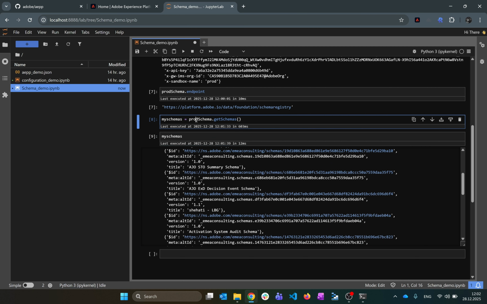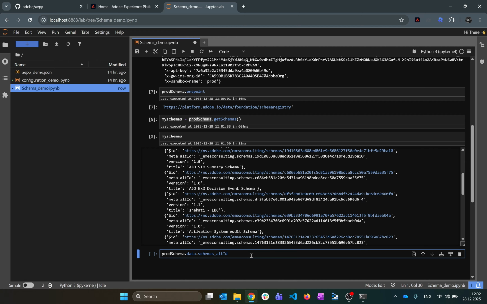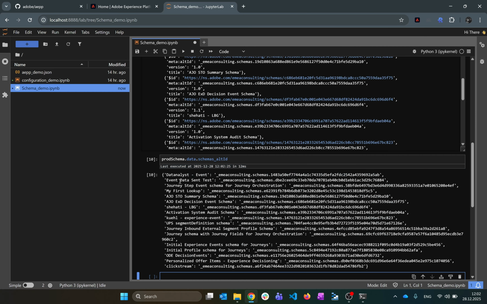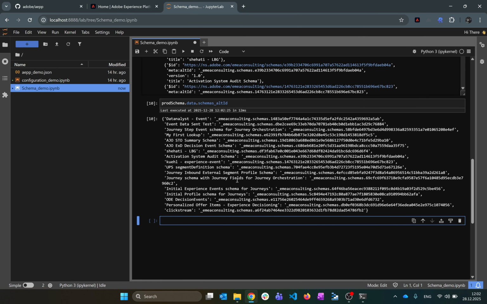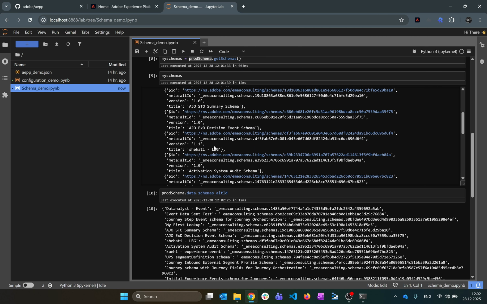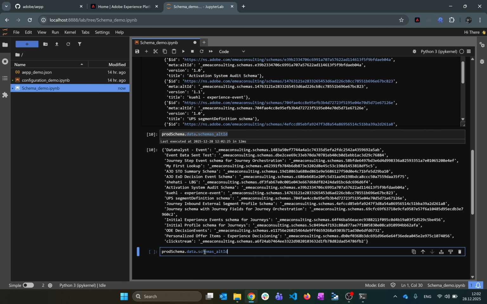So as soon as you have done a get schema, I automatically provide in the data attribute a dictionary that can actually give you their name and ID. So now I can actually have a look, and if you know the name, which is usually something that the people working in Adobe Experience Platform know, you don't have to worry about any of the things. You can do the get schema and then get the